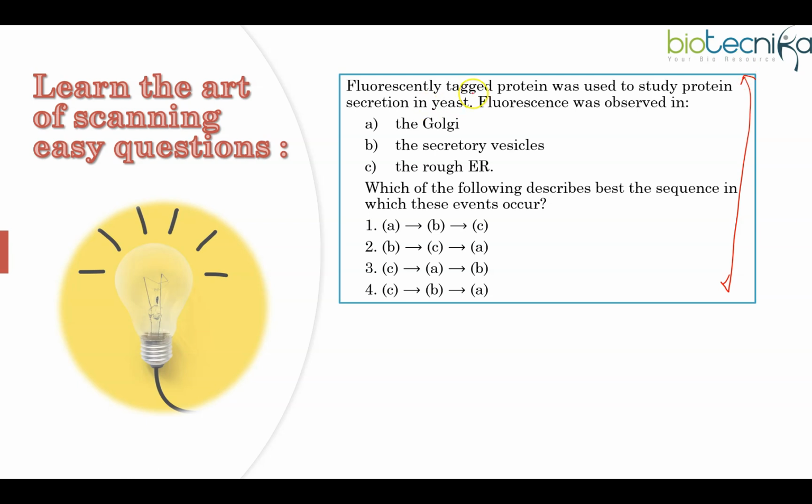Like, a fluorescently tagged protein was used to study protein secretion in yeast. Fluorescence was observed in all these 3. We all know that this is part of the secretory pathway. So you have to tell from where it will start. Most of you would know that the protein is always synthesized in the rough ER. So obviously C will come first, and then it will go to the Golgi, because the ER is connected with the Golgi lamellae, and then it will be packed into secretory vesicles